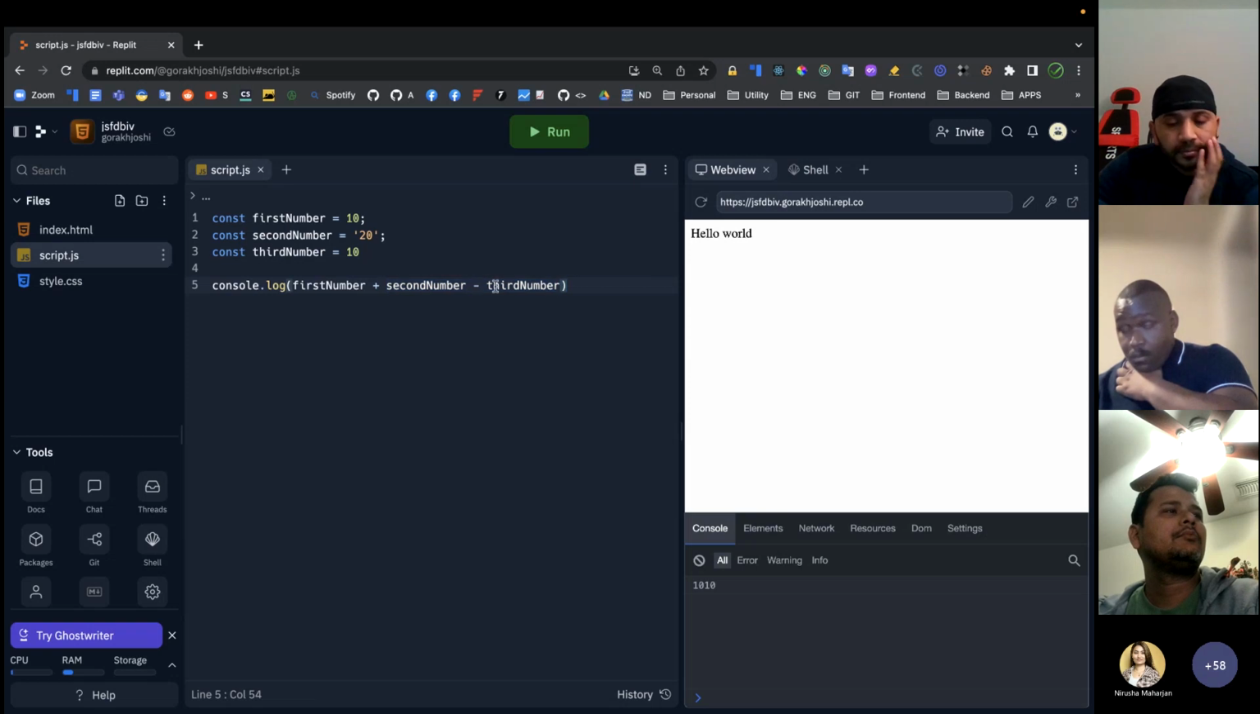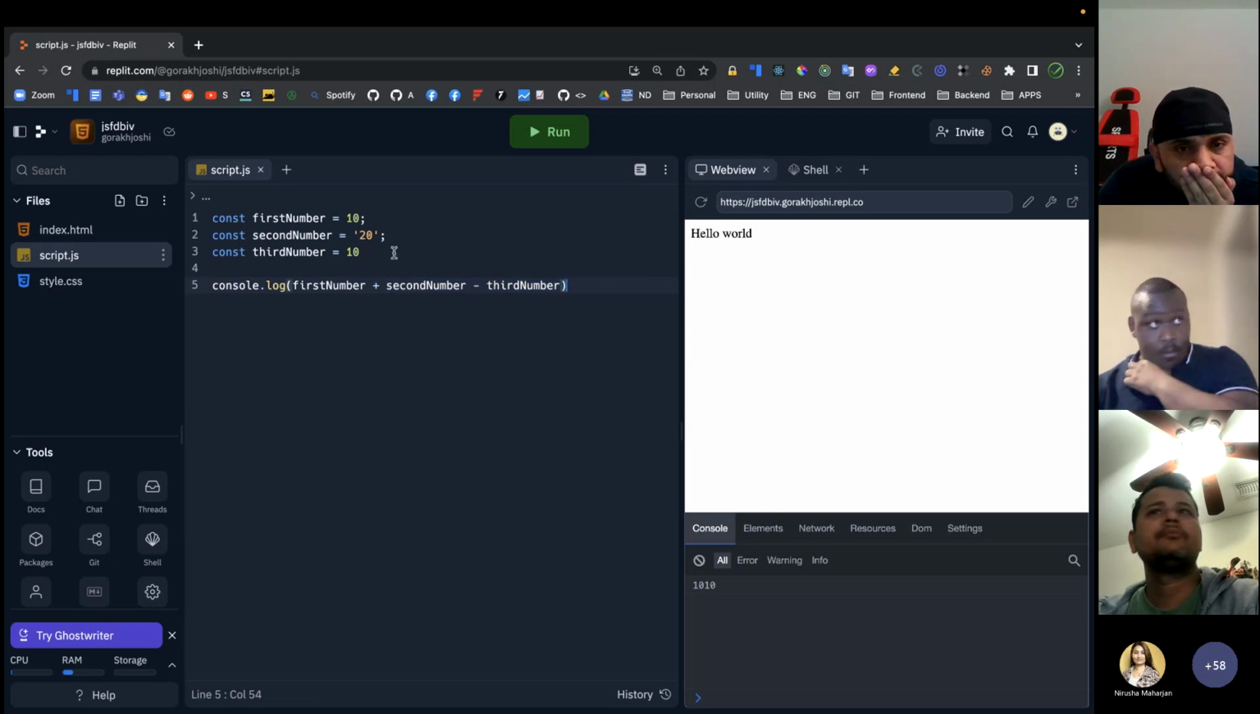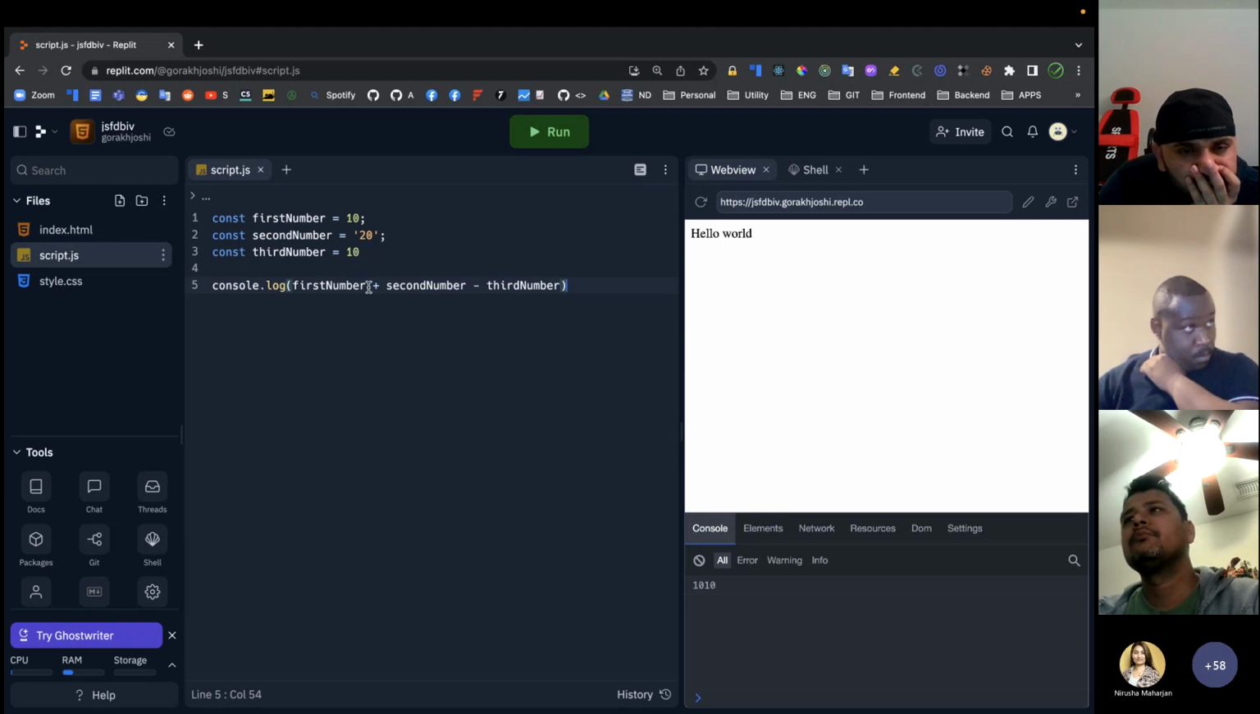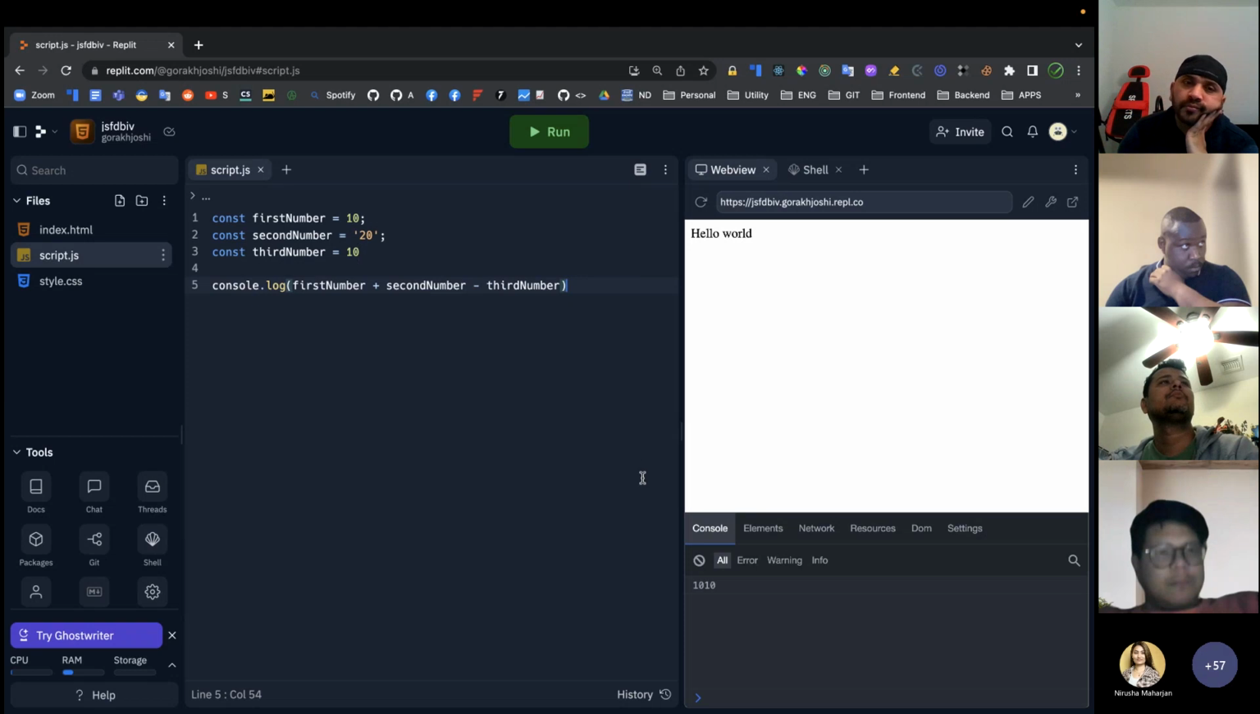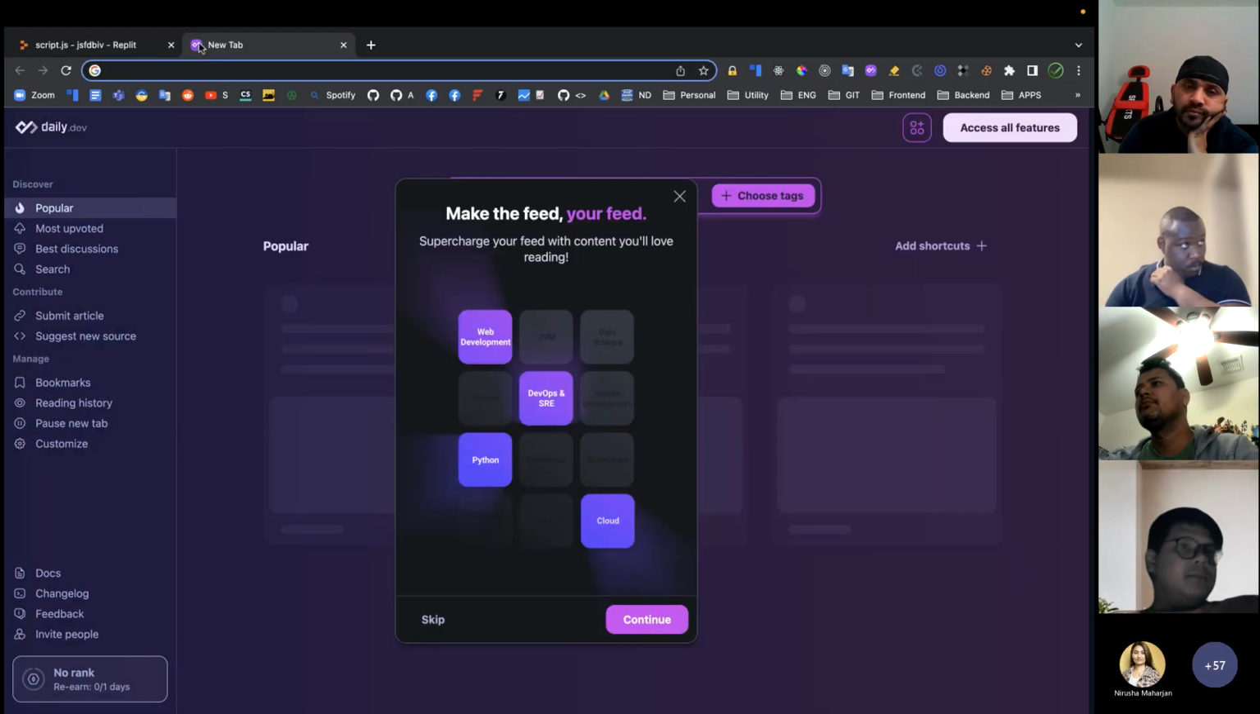For example, second number minus third number first. It is 20 minus 10. It is 10. Once again, it is giving us 1010. Let's say that first number minus third number first. It will not be possible. 10 minus 10, 0, and then we'll get 20. So we need to know what the order is. That is called